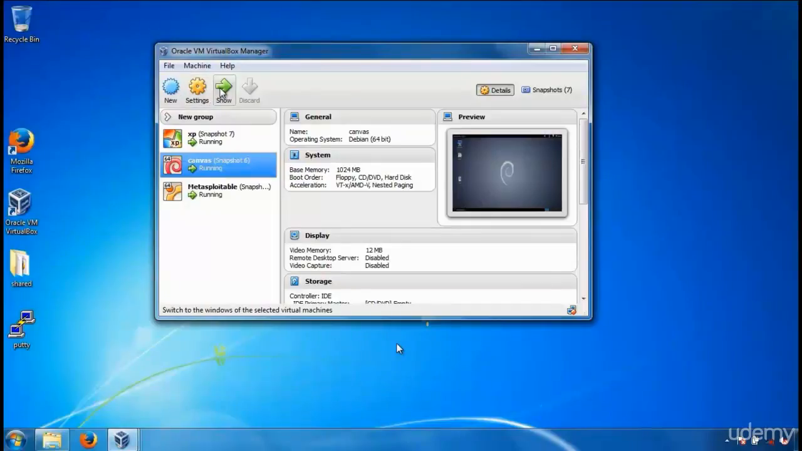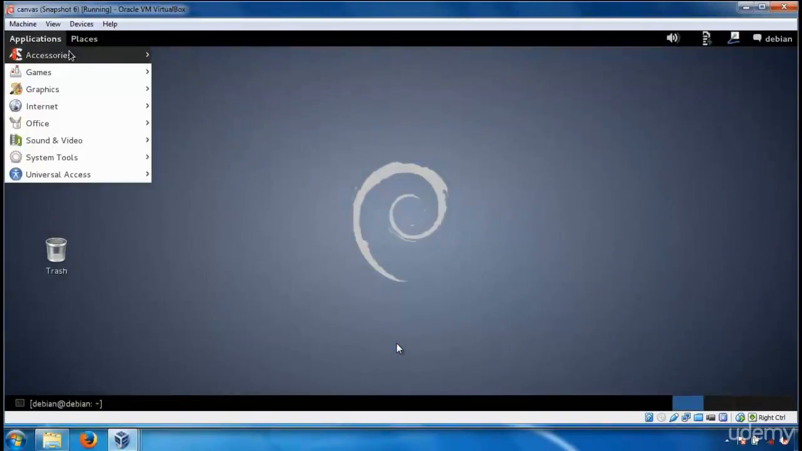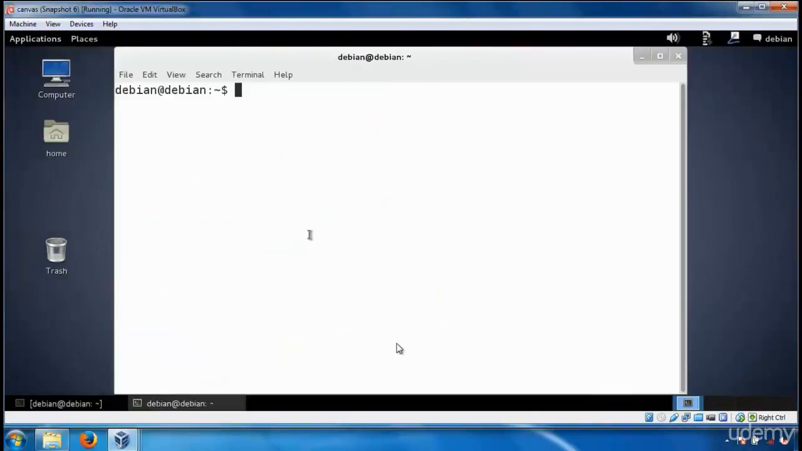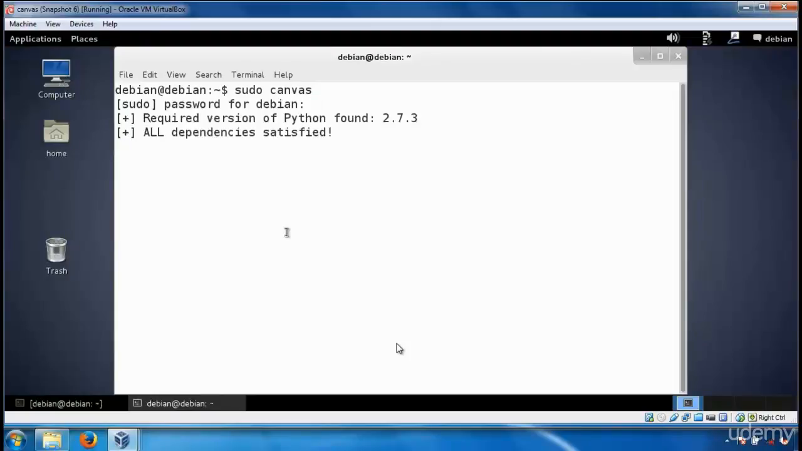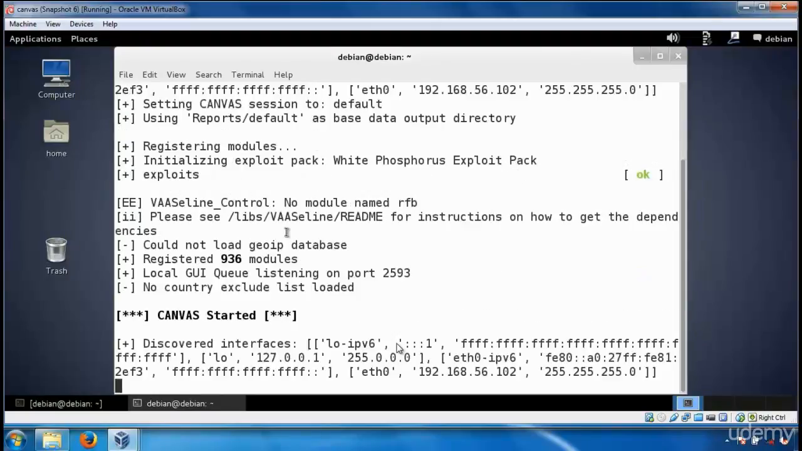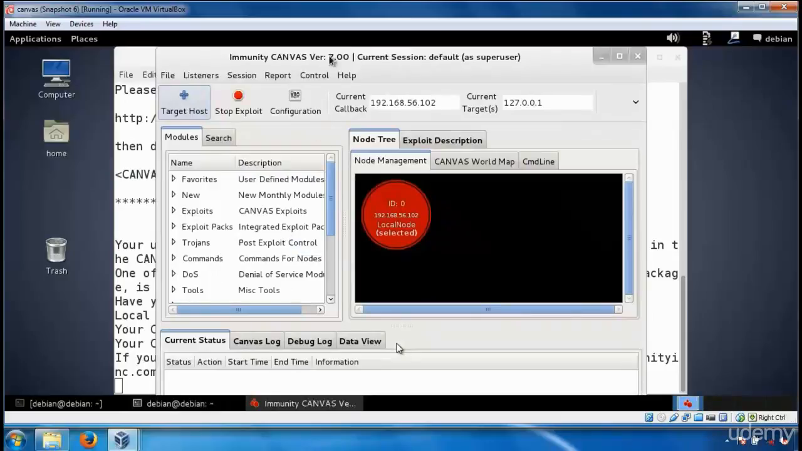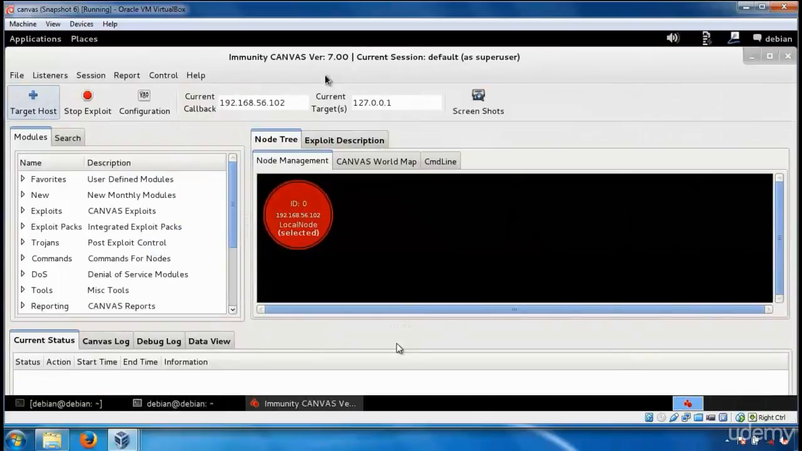So let's see how we're going to first hack into the first machine, which is the XP machine, which is accessible from the attacker's machine. So let's go to Canvas and go to terminal and run Canvas. So it's starting, it's saying all dependencies found, and GUI is opened up,